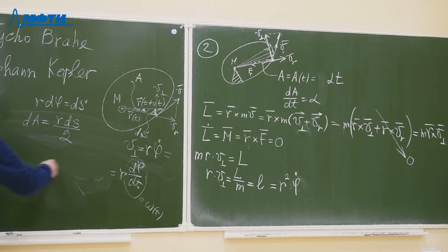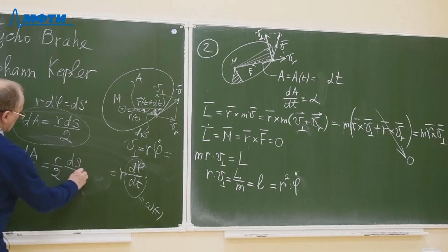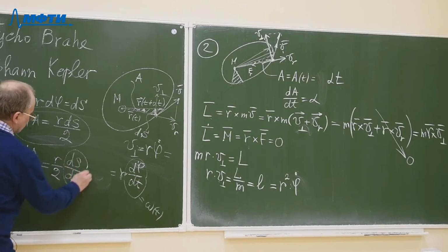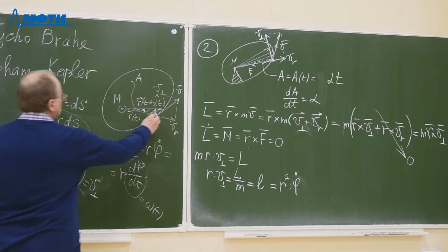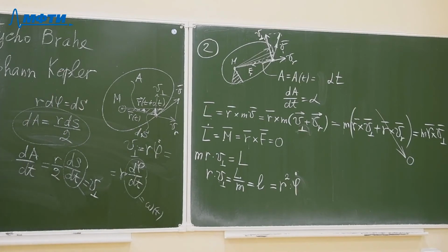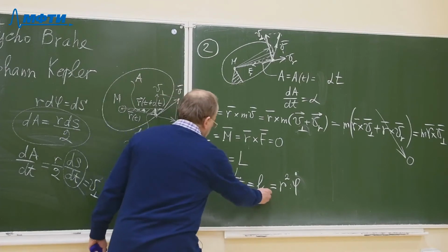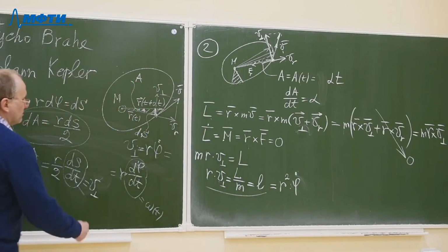So if we divide this equality by dt, we will obtain that the increase of the area is equal to r over 2 ds over dt. And this is exactly the perpendicular component. ds dt is the perpendicular component. So looking at this formula, r velocity perpendicular over 2, and looking at this formula, we obtain the following result,